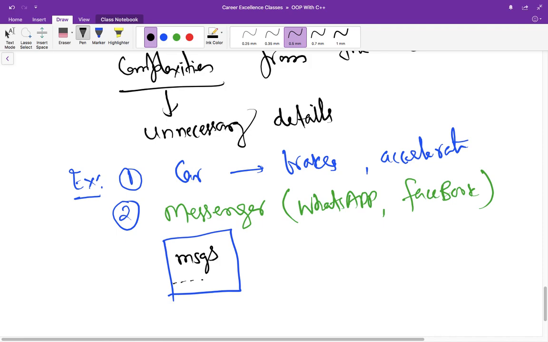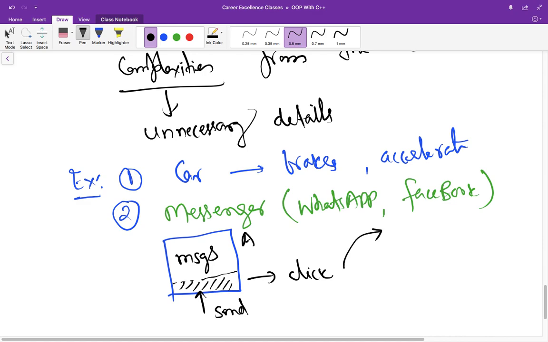And then there is a button, maybe some placeholder that has the word send written. So whenever you click on this button, the message is sent to another party.